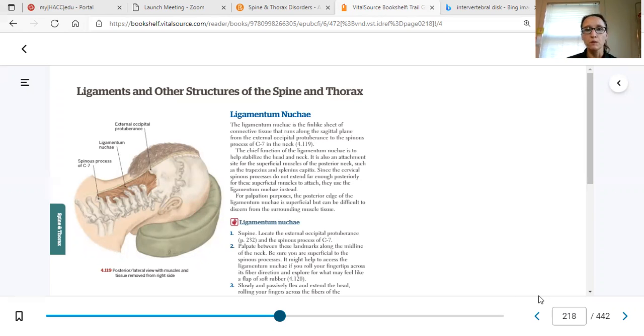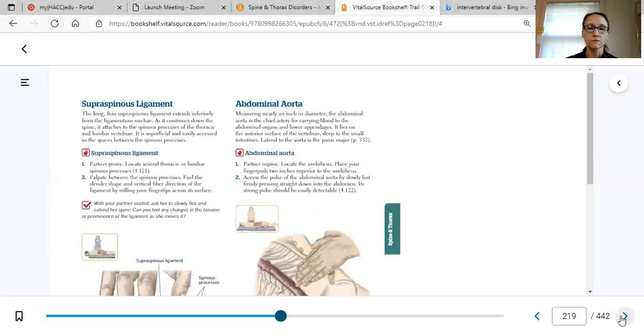We cannot really palpate the ligamentum nuchae exactly. It's hard to distinguish what we're feeling when we're palpating along the spinous processes in the posterior neck, but it is there and it actually is palpable. Okay, so